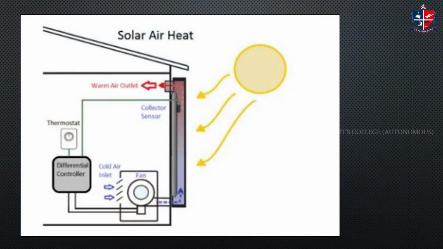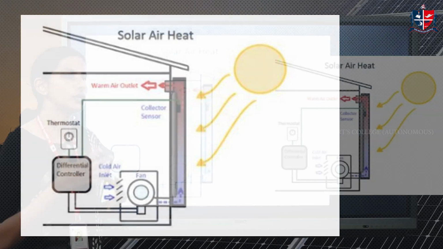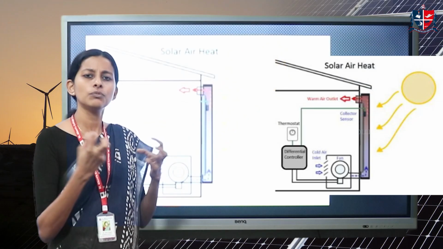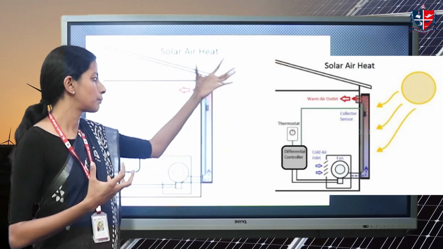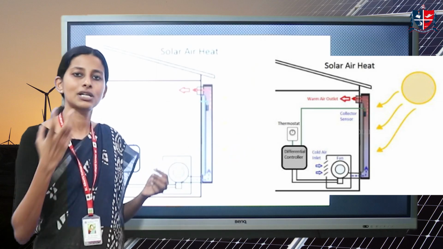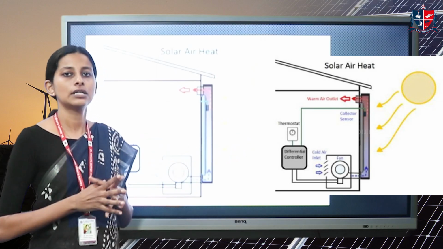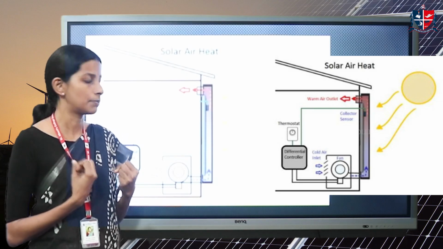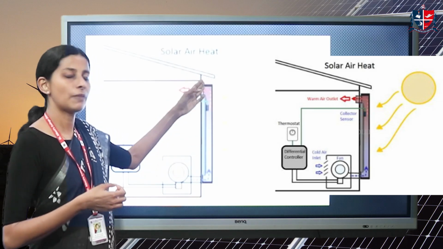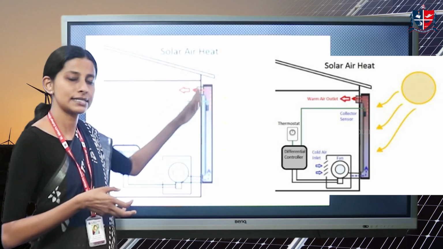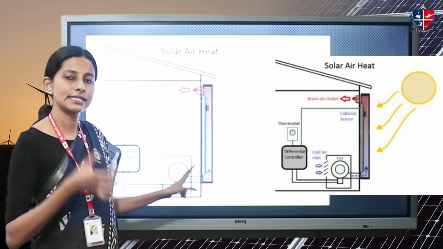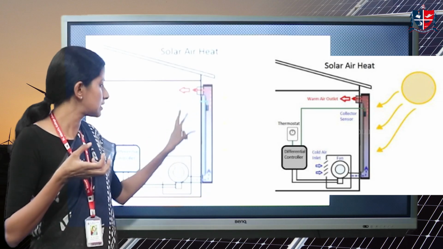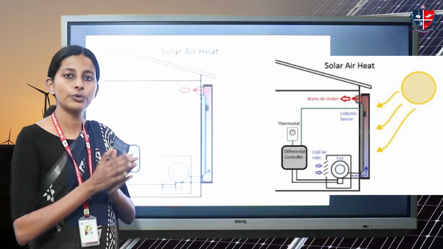Then there could also be scenarios where, as I said, these air heaters are mostly used in cold countries, right? So in cold countries or in regions where we need more sun, predominantly there can be moments when it is more cloudy, so the availability of sun is limited. Such countries naturally will need more heating. So what we do is, the absorber plates more or less act as a thermal wall. These absorber plates are metals, as I said, and they have the ability to store the heat.